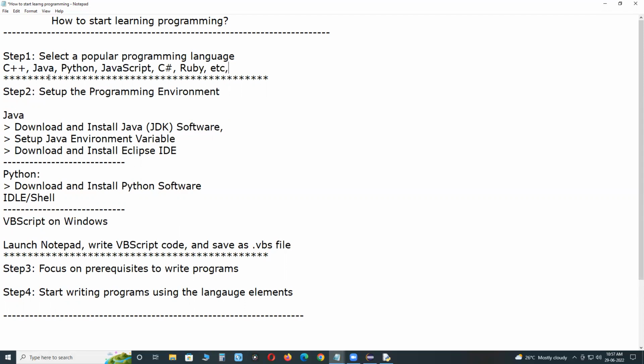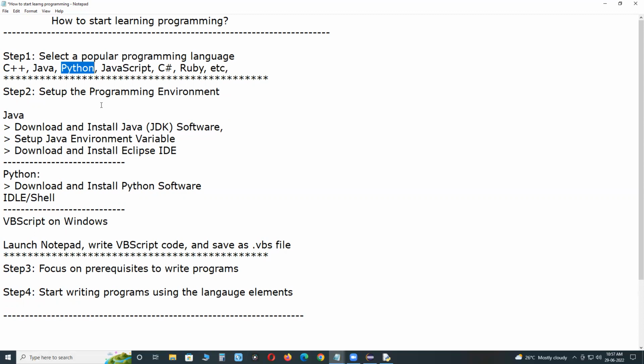Here you select either Java or Python. Python is very simple to practice. Nowadays, see, 20-25 years back, the IT industry slogan was learn C language. First learn C language, then you can learn any other technology easily.